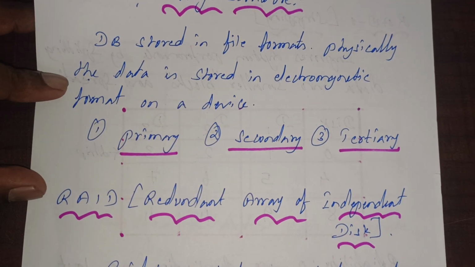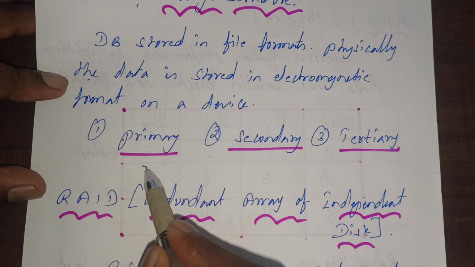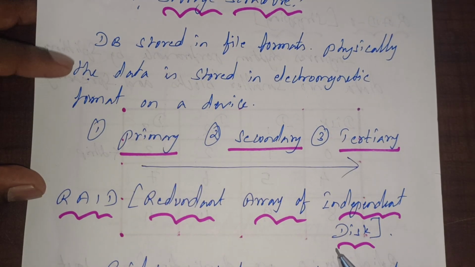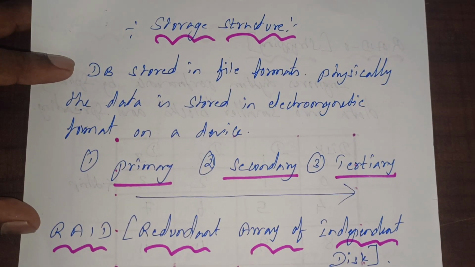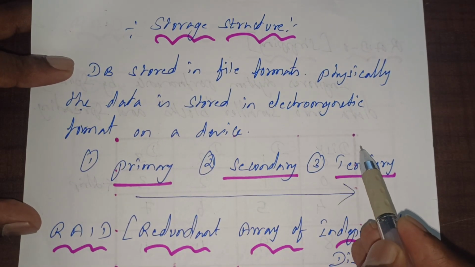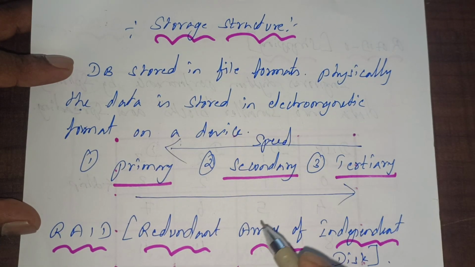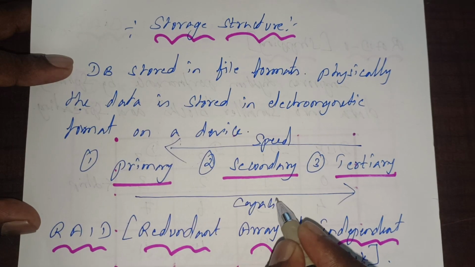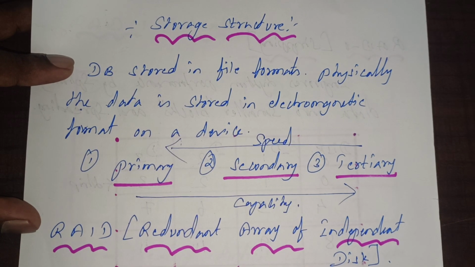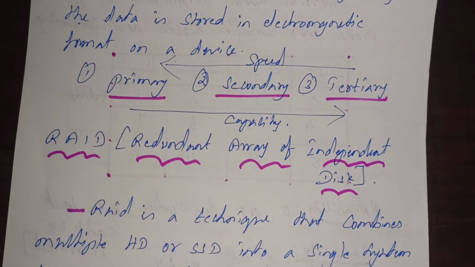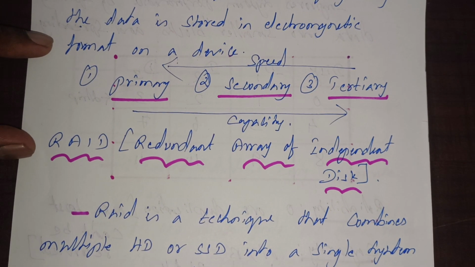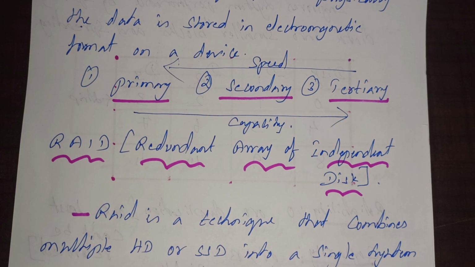Basically for high capacity, it goes from primary, secondary to tertiary. As we speak about speed, it goes from tertiary, secondary to primary. This is speed and this is capacity. If you want to balance both speed and capacity, we need to refer to RAID, redundant array of independent disks. In a database management system, RAID plays a very important